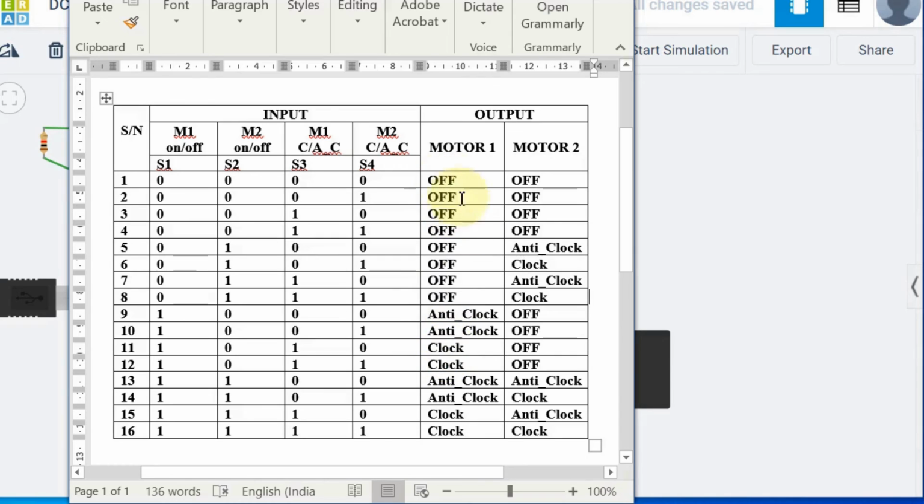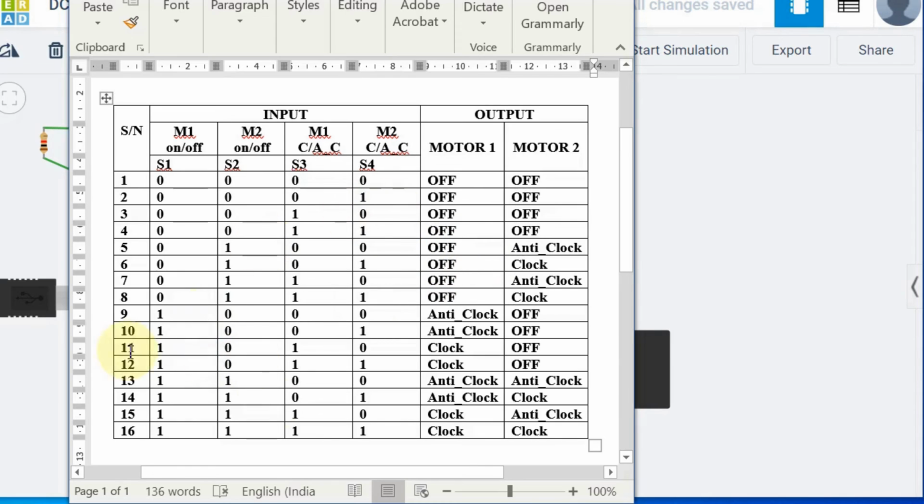At any condition, if the on-off switch is off, then the motor should not run. Because of that, you can see in S1, if it is 0, motor 1 should always be off, irrespective of switch 3. Because if it is off, whatever control you are giving, clockwise or anti-clockwise, it should not rotate.